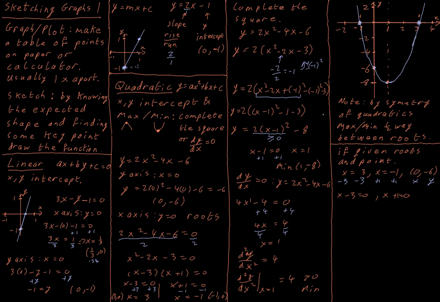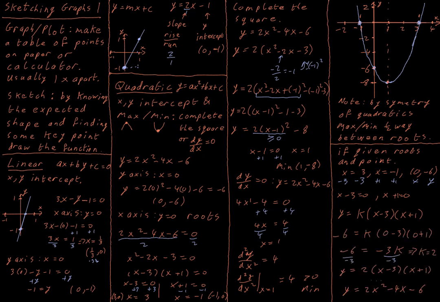I'd be able to write down my y is equal to k times x minus 3, x plus 1, and then sub in my value for x and y and find the value of k. And when you sub in your value for x and y and work it on down, you get to the